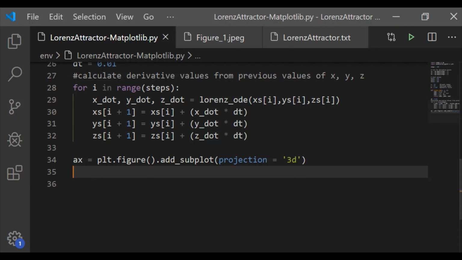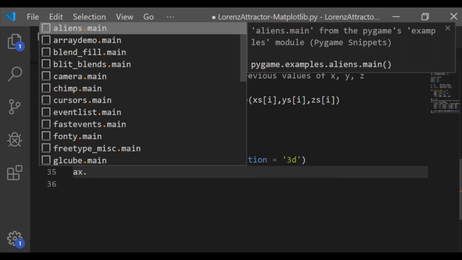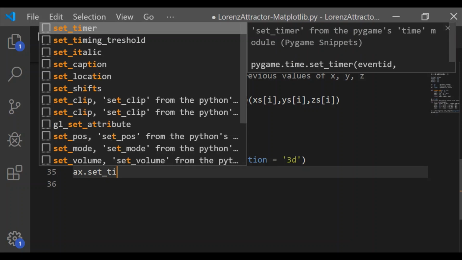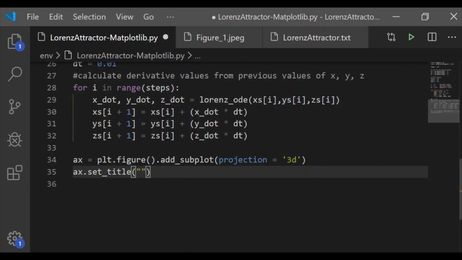Then let me label the plot by calling the method set title as Lorentz attractor, so that our plot has a title called Lorentz attractor.